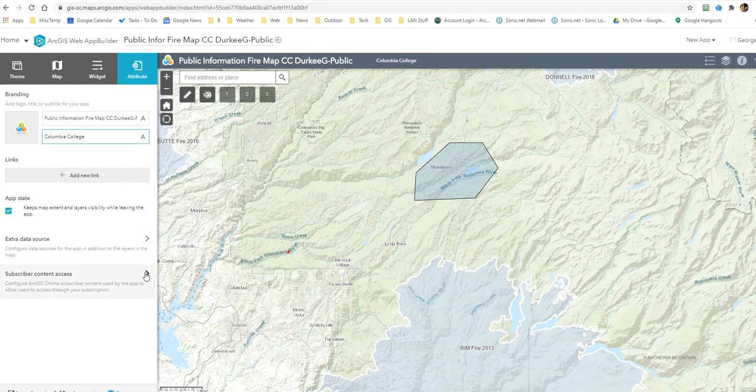And this is important down here, subscriber content access. So a lot of times you'll use a feature class that requires a business account or an educational account, which of course the school has. And that works fine, but you actually have to authorize it. And that means you have to authorize, say, the college's account to use the credits for people accessing the feature class. Now, what you'll sometimes run into is if you unknowingly use a feature class like that, which is fine, the college has the credits,